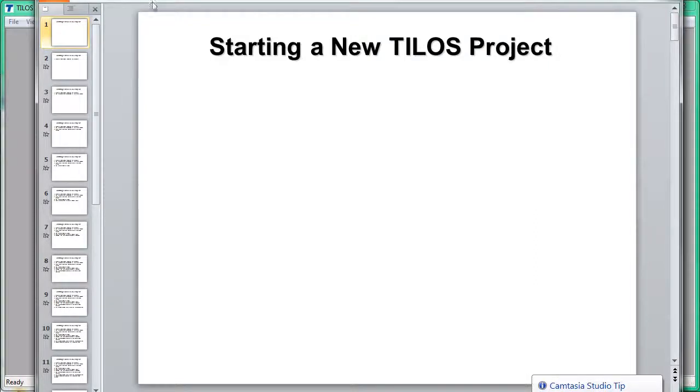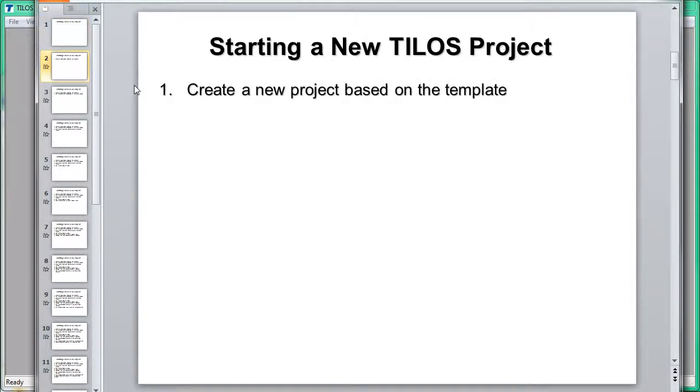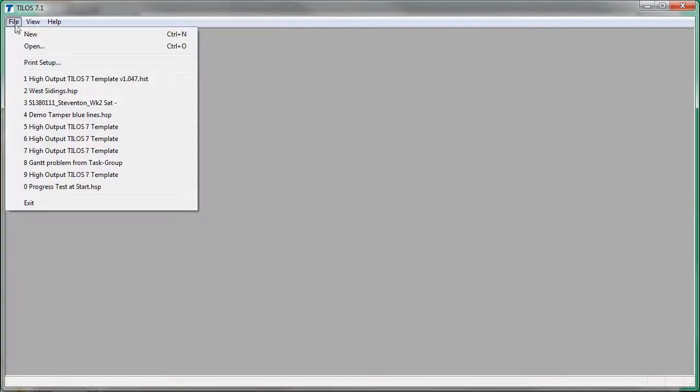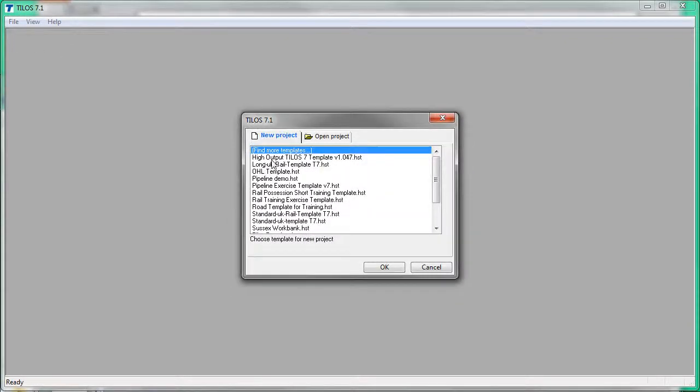So today we're going to discuss starting a new TILOS project. That involves first of all creating a new project based on the template. So if we go to TILOS and we create a new file and we base it on a task template